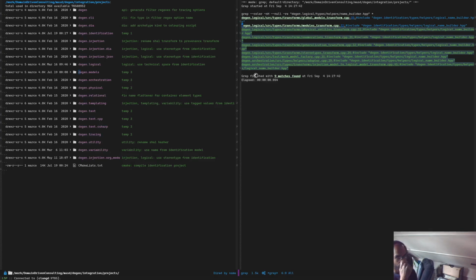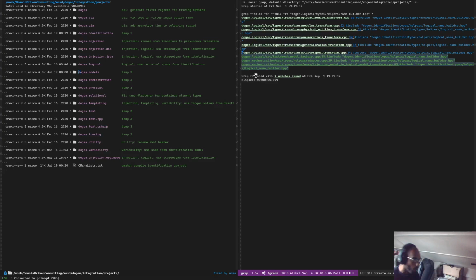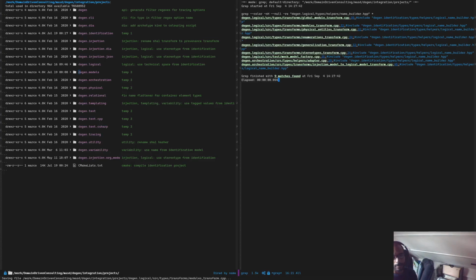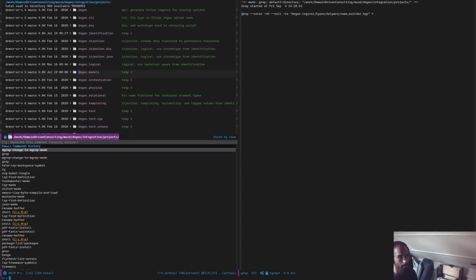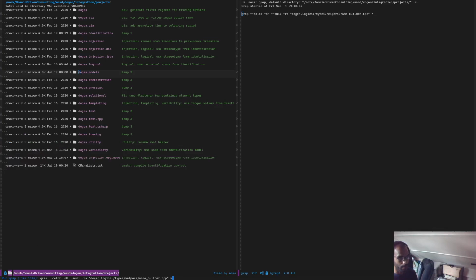This is going to then trigger the opening of every single file using the LSP mode. Which then means it takes a bit longer than expected, but it's not too bad. Okay, so now then, we've located a whole lot of logical name builders, and then what we can do is, for good measure, because we know what these guys are,